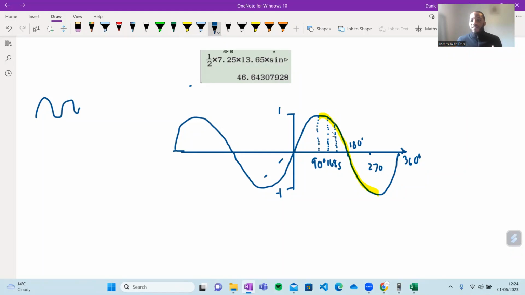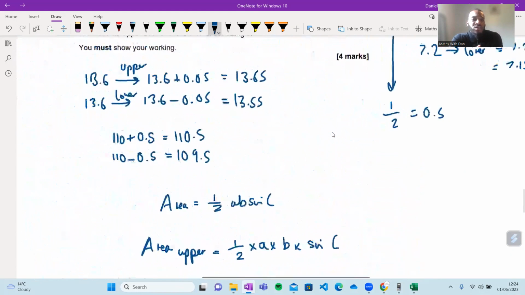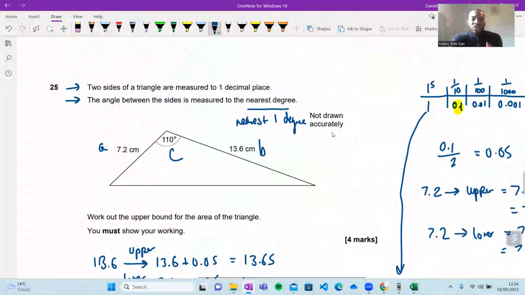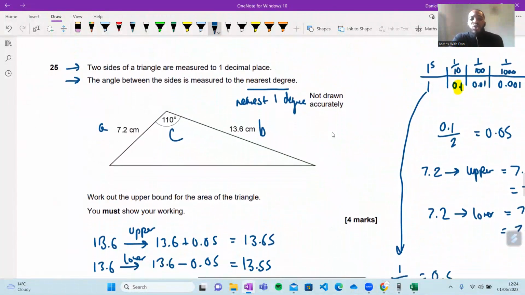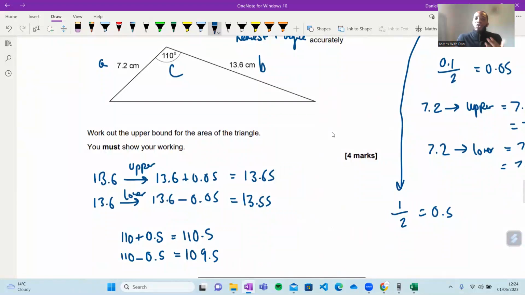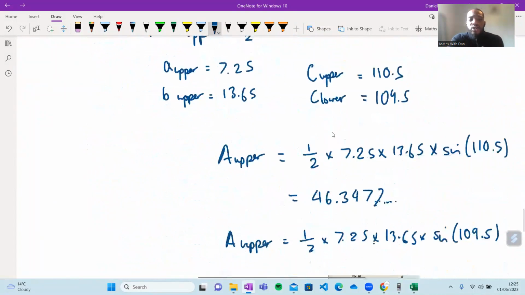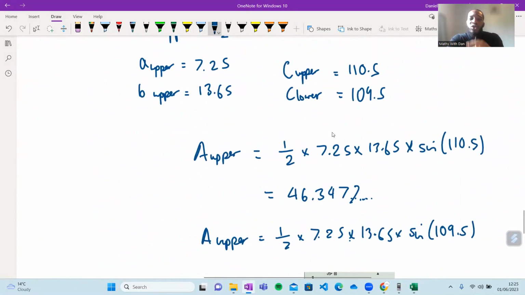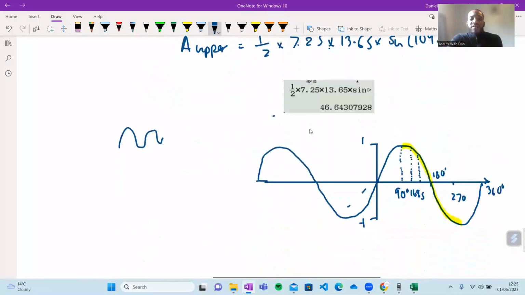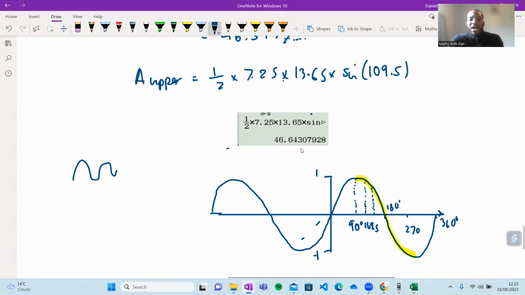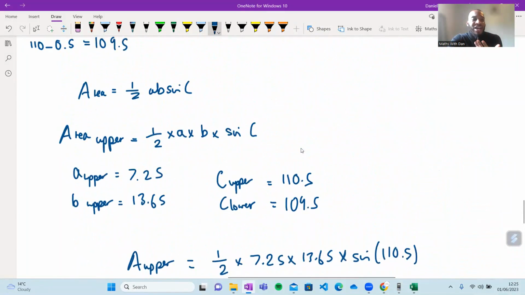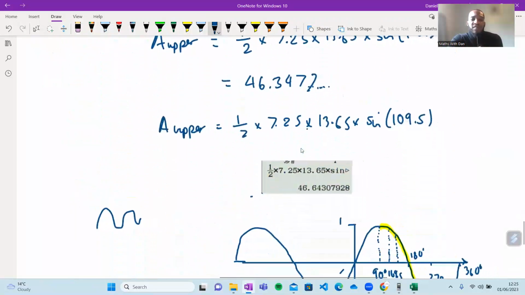So when you're doing these types of questions, you've got to be very, very careful. When I saw this question, I saw this is 4 marks. This looks easy. But then I said, hold on. I know how trigonometry works and I know how exams work. They want to try and trick you. If something is so straightforward, most of the time it is, but just be careful. So it's not the upper angle that we're using, it's the lower angle. Therefore, the answer would be that one there. They didn't give us a degree of accuracy, so I would put it to 3 significant figures.